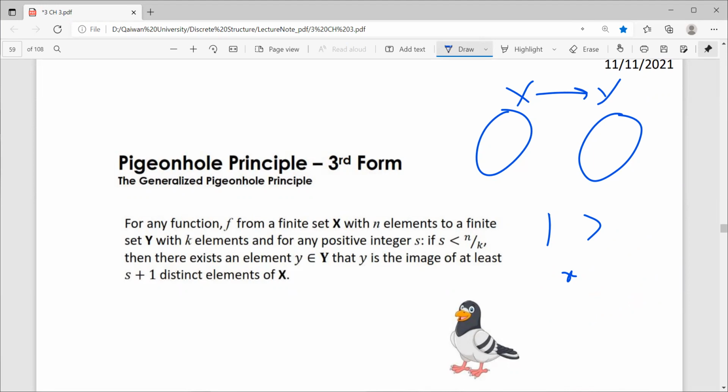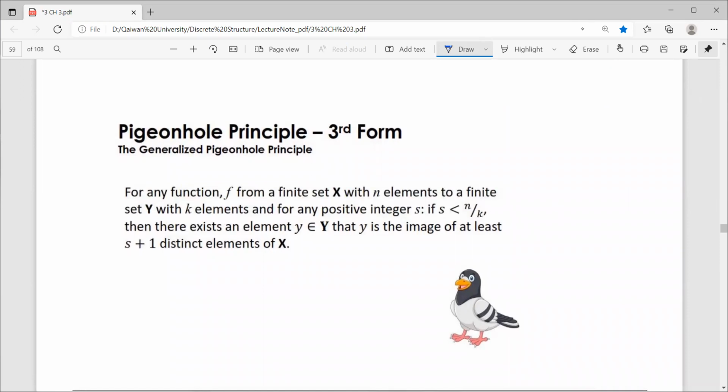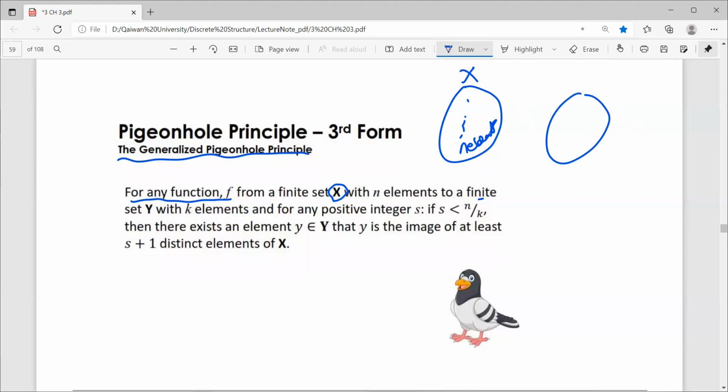For the third form of the pigeonhole principle, it's actually the generalized pigeonhole principle. We say for any function f from a finite set X with n elements to a finite set Y with k elements, and for any positive integer s,